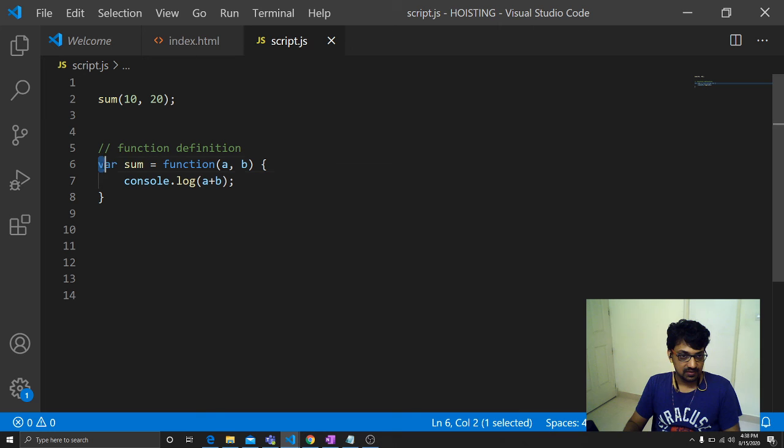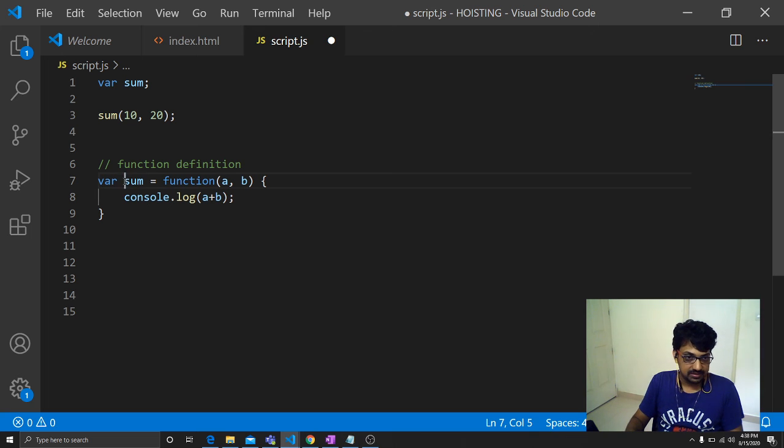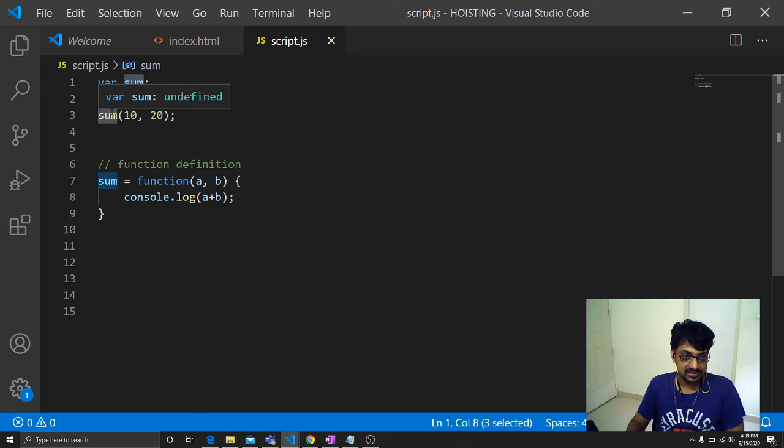This var sum will move to the top and this is what we will be left with. So obviously when it comes to sum 10, 20, sum is declared but it hasn't been set to a function, so it will throw an error.